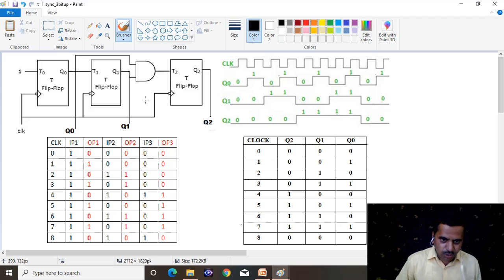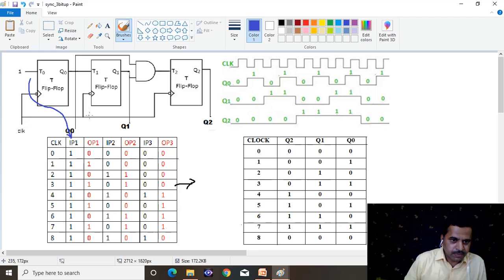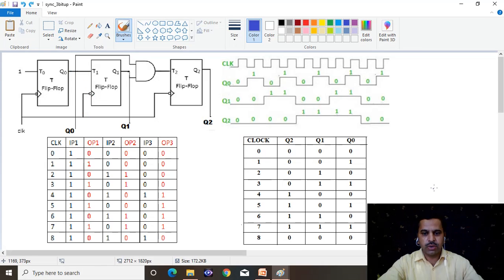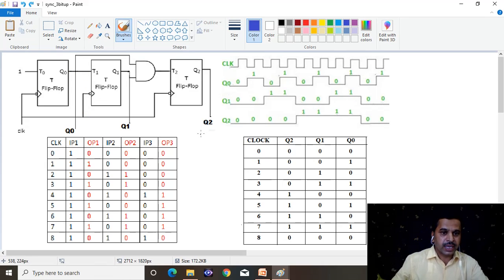Now let us check how it solves the problem after the third clock pulse. What is the problem after the third clock pulse? That we have to check here. Now whether it is working neatly or not. Okay, let us start from the beginning. Yes, this is the input. This is the first output. Now let us solve the problem after the third clock pulse. Okay, the problem happens only after the third clock pulse.